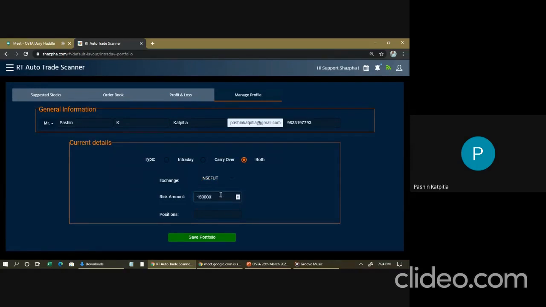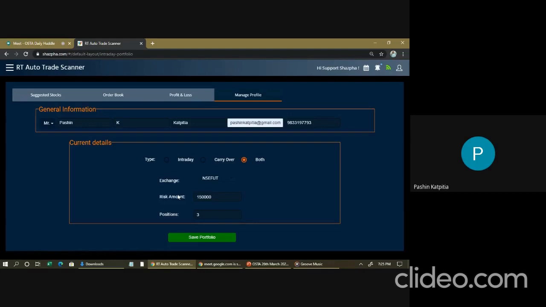And here, let's say risk amount. I'll put maybe 1,50,000, and maybe I want to take 3 positions maximum in a day. Now what is this risk amount? Now very carefully listen. The risk amount here in RT Auto Trade Scanner is the amount of money that you are prepared to lose in one cycle.